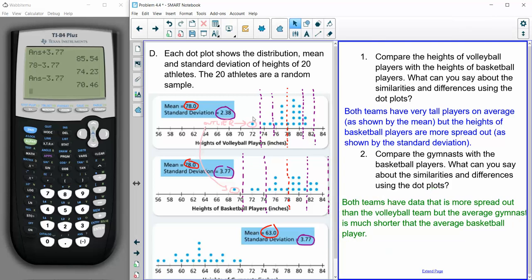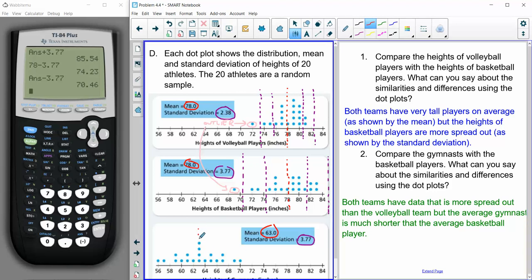Let's do that one more time with showing how spread out. 63. This is the average gymnast. Okay, 63 plus 3.77, the standard deviation, gives us 66.77, which is right about here. And then add another 3.77, it gives us 70.54, which is right about here. So even though this is the tallest gymnast, he or she is not an outlier in this team,